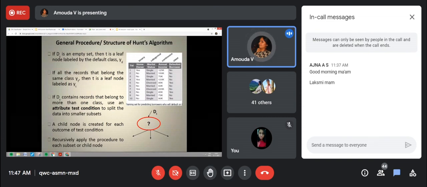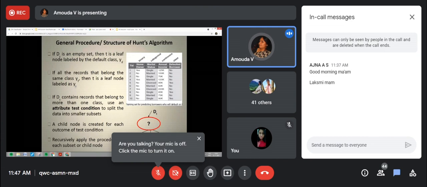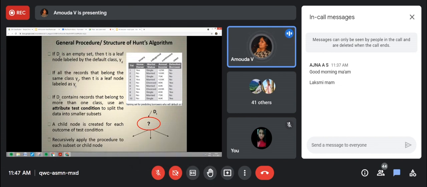The algorithm says first check if it is empty. If it is empty, go for a leaf node. Or if all tuples belong to the same class, just say this is the class. If it is composed of more than one class, then we check which class it belongs to by creating a child node on the test condition of the attribute. This procedure is recursively applied to all nodes. Any doubt? Very simple. We have already done this. Any doubt?